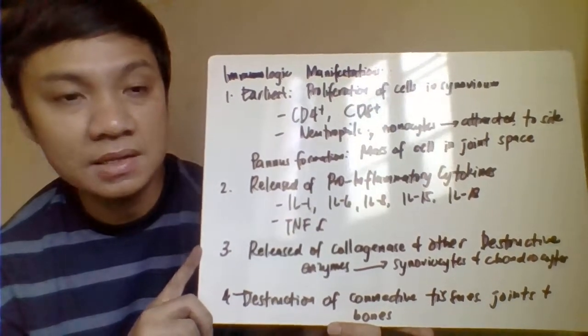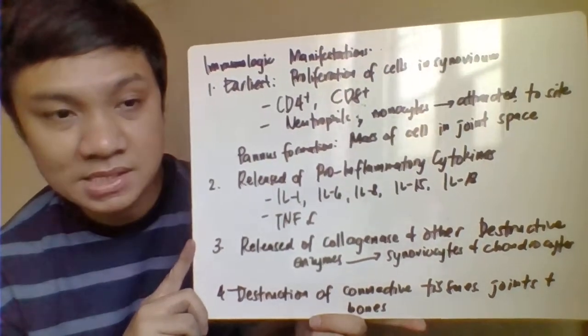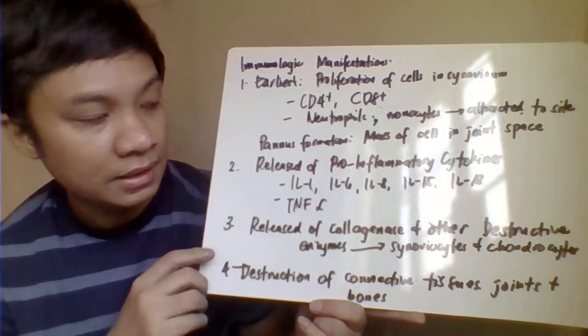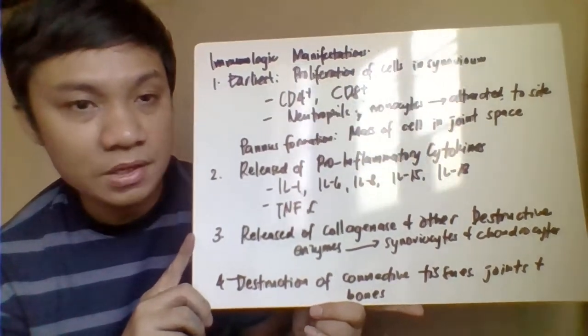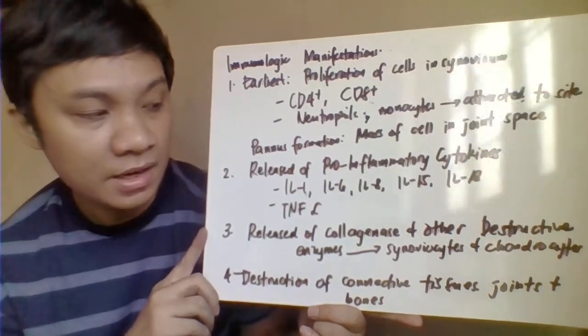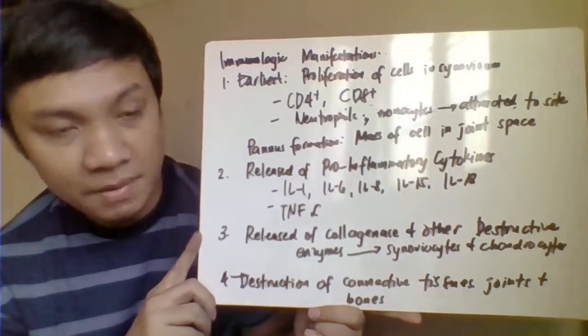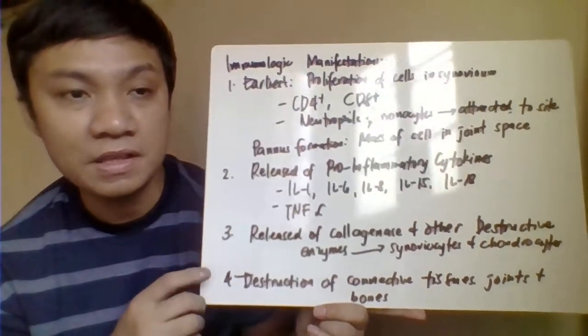that eventually results in the formation of the pannus. The pannus is a mass of cells which accumulate in your joint cavity or space, which eventually results in the inflamed area. This is followed by the release of pro-inflammatory cytokines, which include interleukin-1, interleukin-6, 8, 15, and 18, plus tumor necrosis factor alpha, which is further responsible for the inflammatory